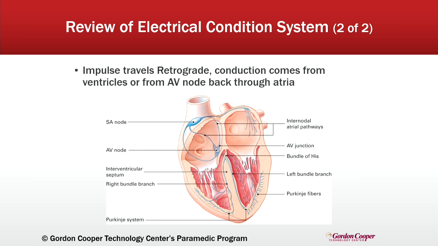In junctional rhythms, the impulse can travel retrograde, meaning that it can move backwards. Instead of the usual progression from the atria to the ventricles, the conduction can flow from the AV node or ventricles back through the atria. This backward flow of electrical activity is what causes some of those unique characteristics that we'll talk about of